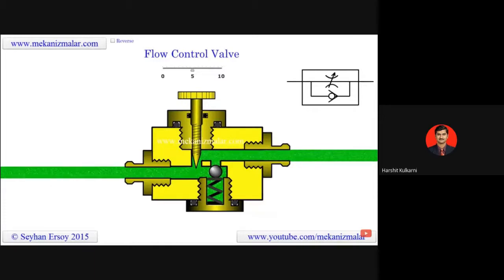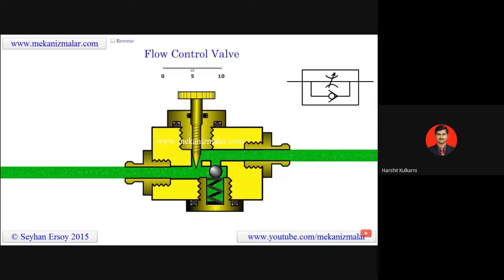One of the biggest shortcomings of the needle valve is that it restricts the flow in both directions. When you use a needle valve for speed control of an air cylinder in forward motion, it will also restrict piston motion in return flow. You can solve this problem by adding a quick exhaust valve base for the air cylinder. I will do an animation of this in the near future.